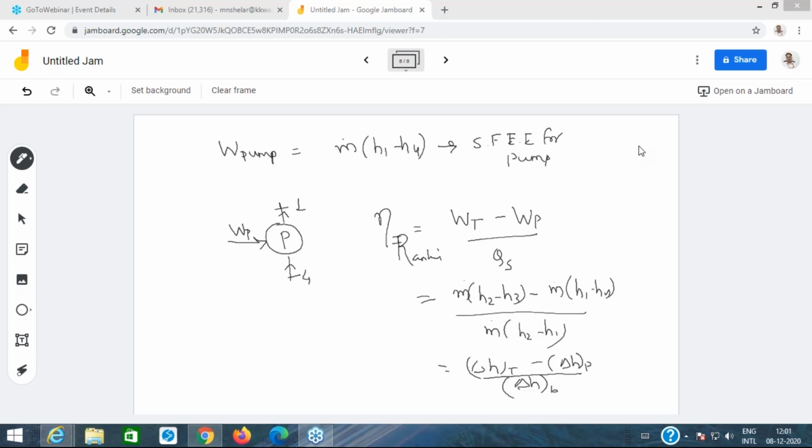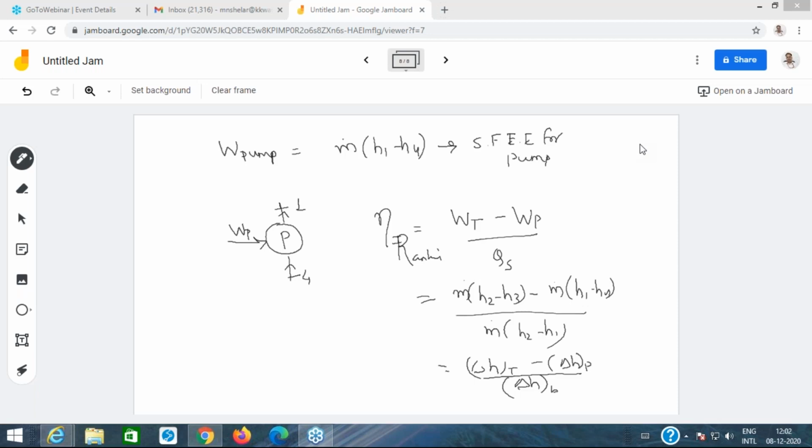Okay, so what it means is that if we are able to calculate the enthalpy of the steam from the steam tables at the points 1, 2, 3 and 4, that is, at the salient points of the Rankine cycle, then one can estimate the Rankine cycle efficiency of the plant. So the Rankine cycle efficiency is what?